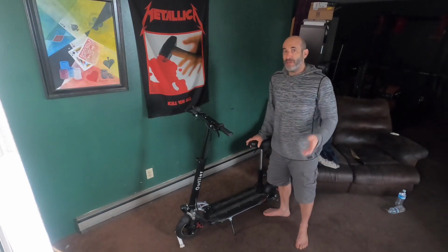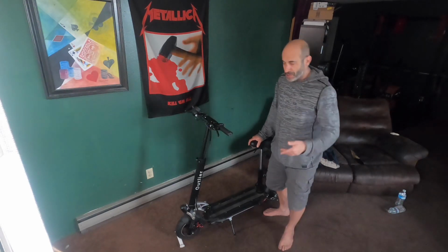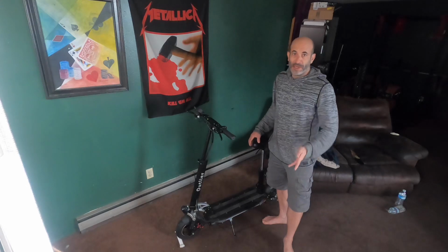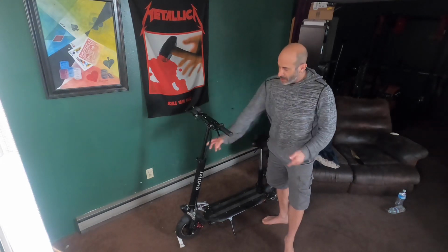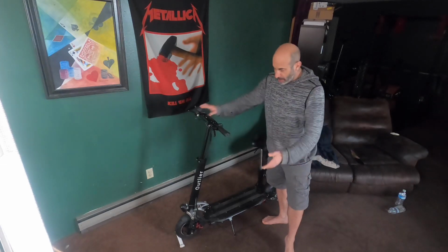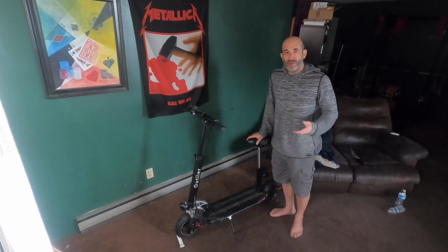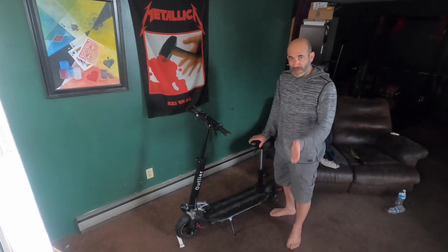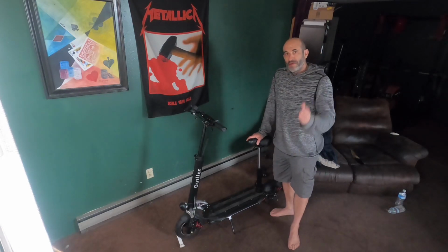Top speed on this is going to be around 30 miles an hour, in the low 30s, especially when you're fully charged. I generally would ride it around in second gear, keep it in the mid 20 mile per hour range just to get maximum distance. You got the adjustable stem, the adjustable handlebars, you got the horn, you got the lights, you got a bigger deck. It's just the next level up in scooter. Everything is slightly bigger, everything is a little more durable,